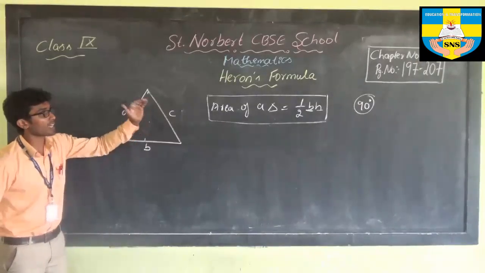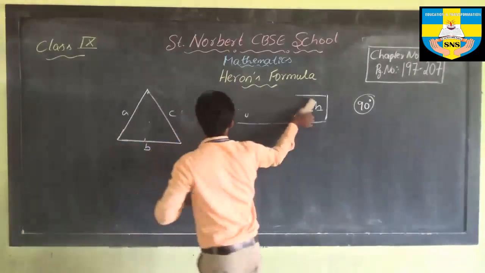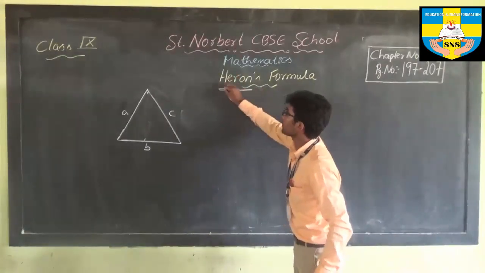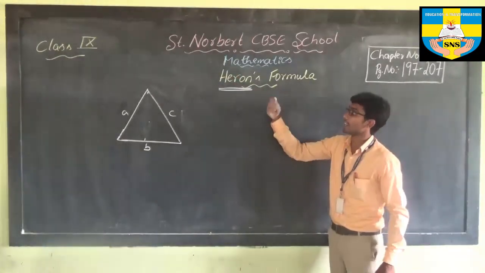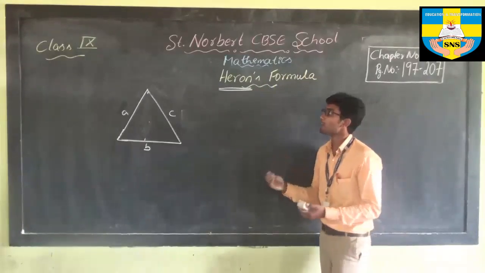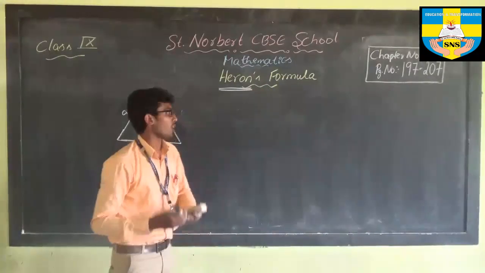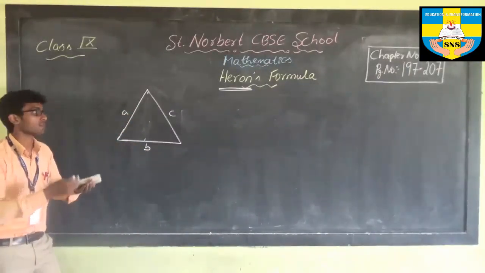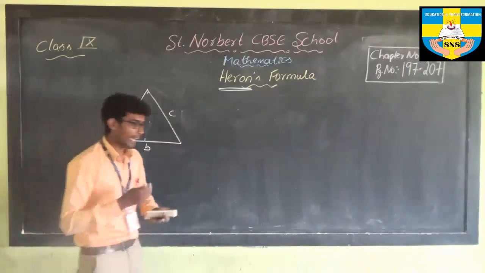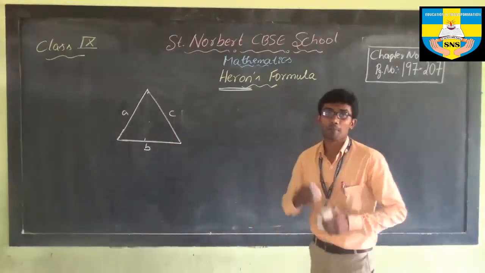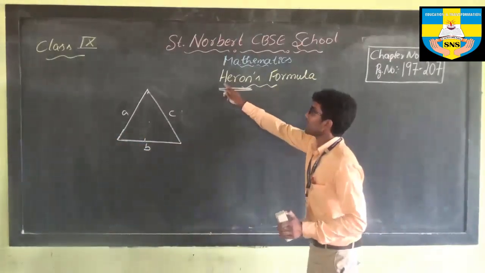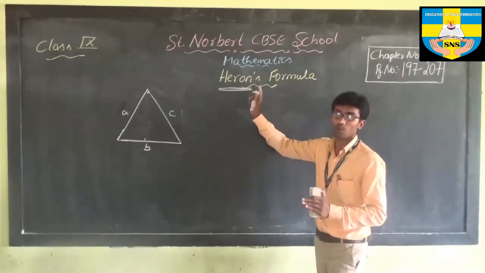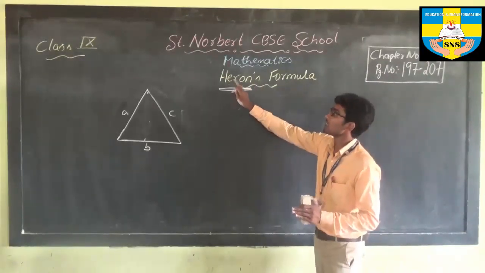Heron's formula is actually given by a mathematician called Heron. So this is the name of the mathematician, Heron. He is an Egyptian mathematician. He wrote many books on areas, and we are selecting this topic from his first book, that is book 1, and he is also known as an encyclopedic writer in mathematics. Just to remember, Heron's formula. Okay, name of the mathematician.